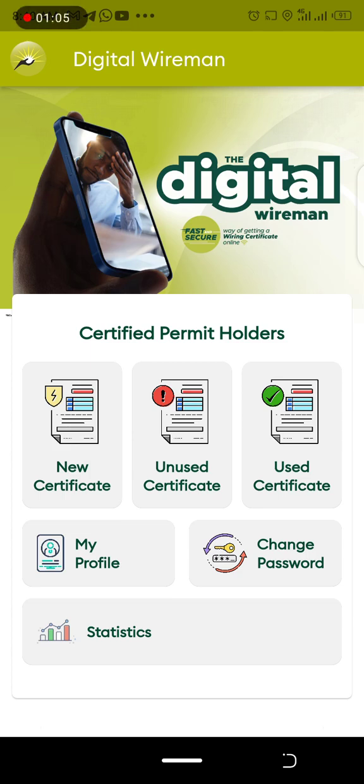On this interface, you have an option. If you're going to generate a new certificate, you click on new certificate. If you want to see unused certificates, you click and check. If you want to see used certificates, you can check the certificates your clients have already utilized when they apply for power,